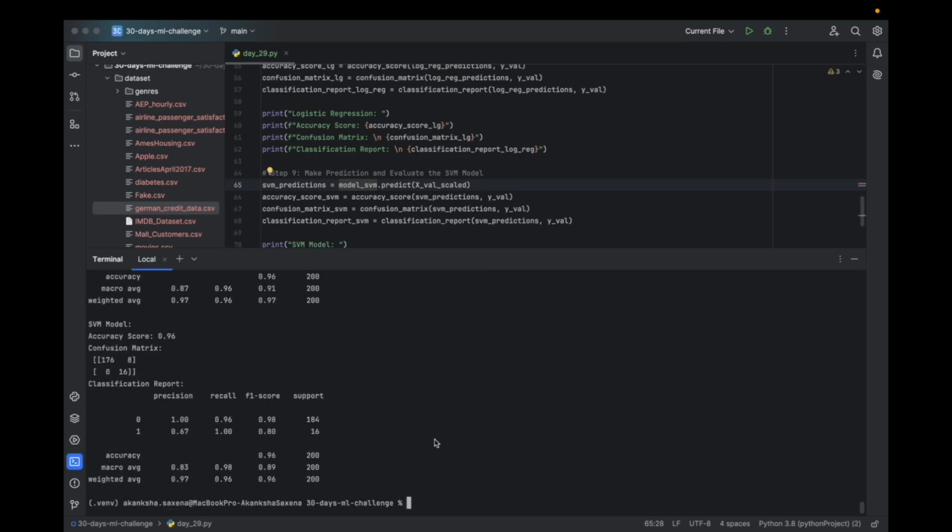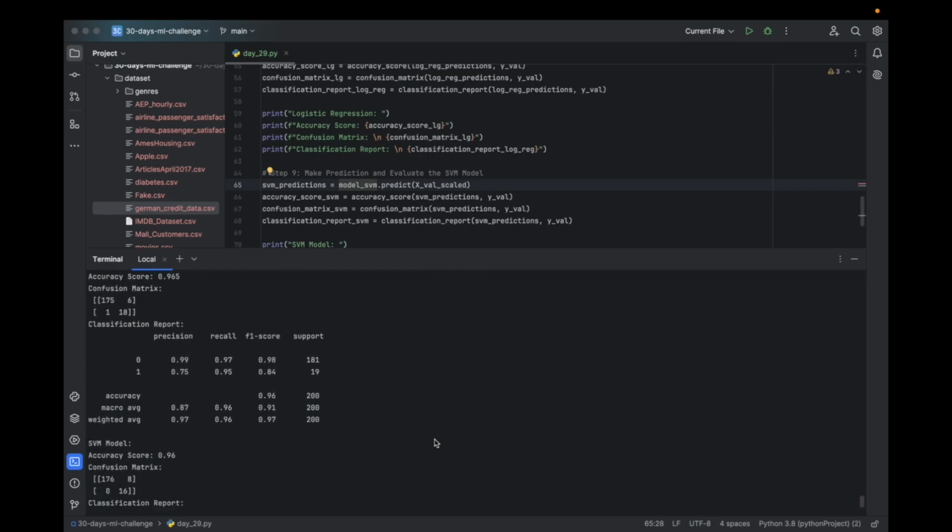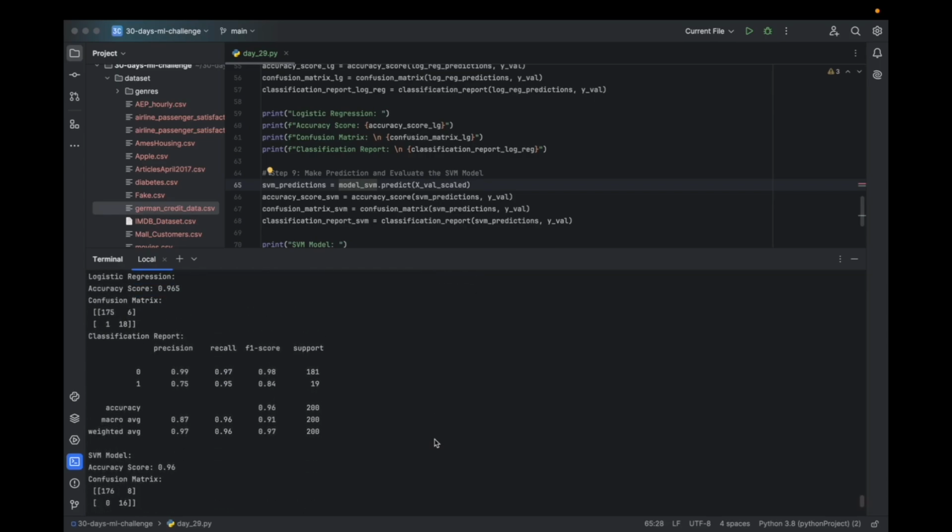Copy paste actually does not work. We have to use our own brain. So yes,